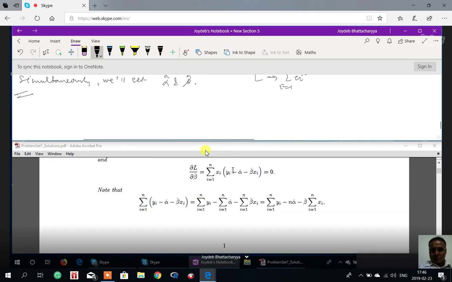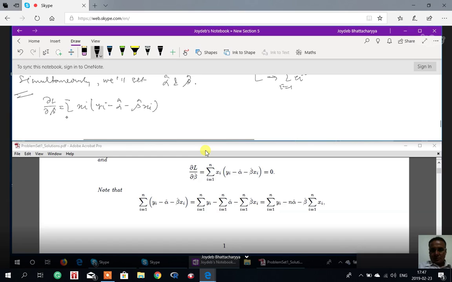See, this particular equation is your second normal equation. This is summation xi. They have removed the minus sign because -1 is not equal to 0, so this entire expression is 0. Xi into this one. So this is summation xi yi, alpha hat xi, beta hat xi square, and then the summation will be running through it. So actually your del L del beta hat, if we write it this way, according to this expression, will be summation xi into yi minus alpha hat minus beta hat xi.